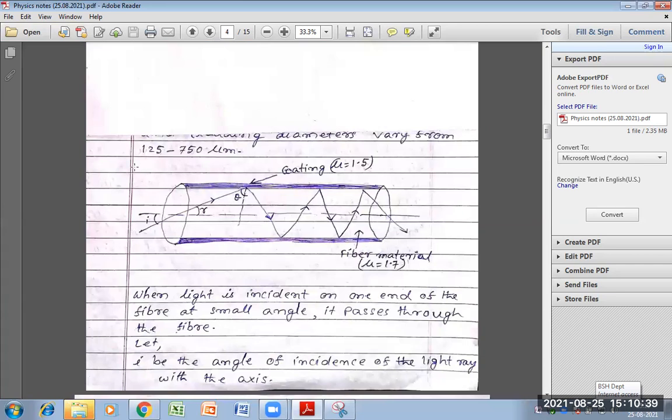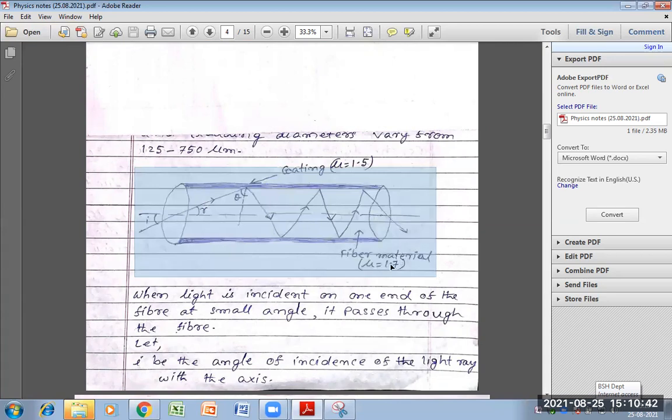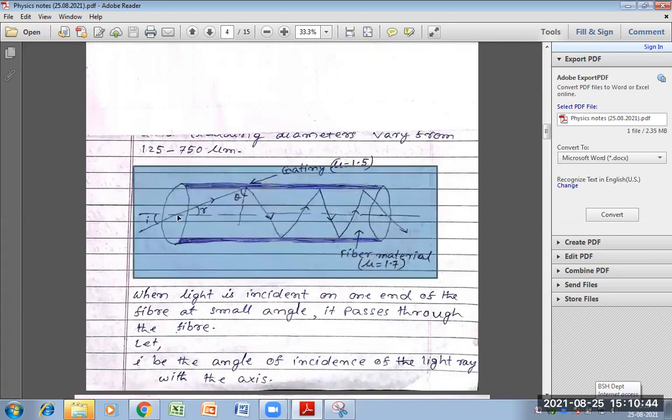Suppose there is a point A. At this point, look at my cursor, point A. R is the angle of refraction, and here the boundary surface angle is phi. If we draw a normal BC at point A, then this part is core